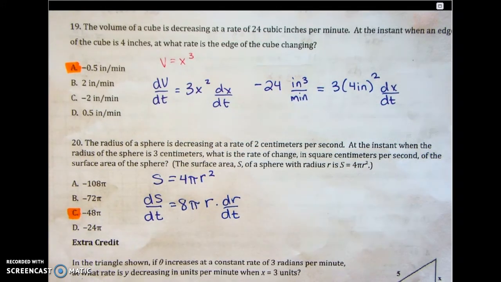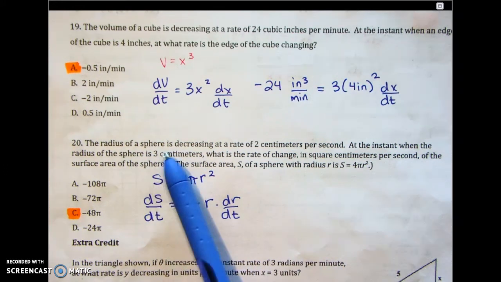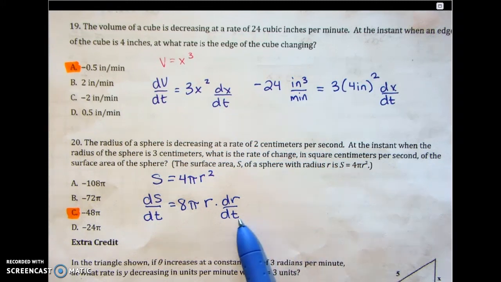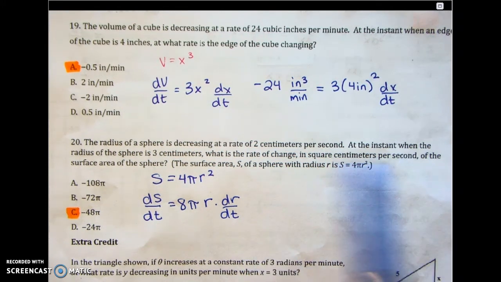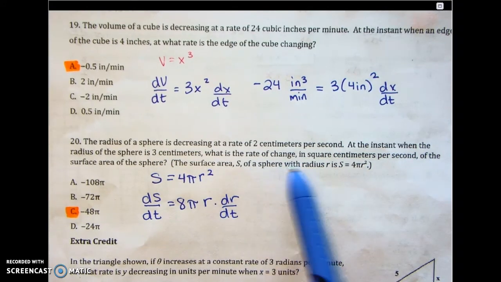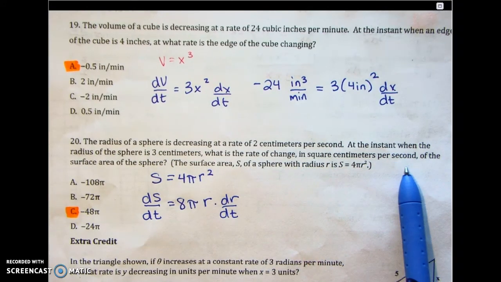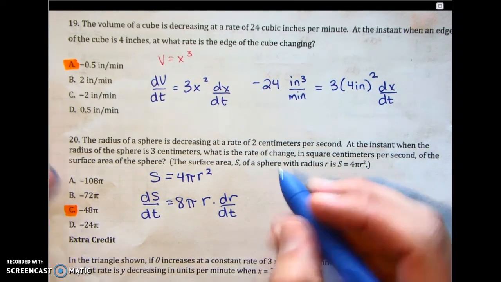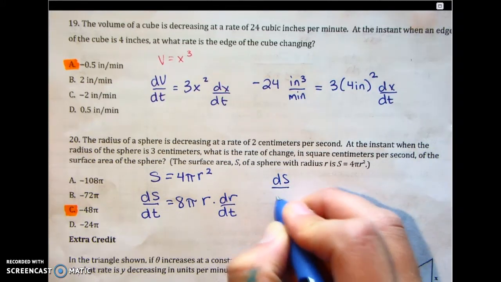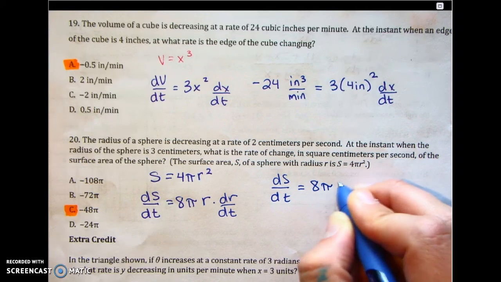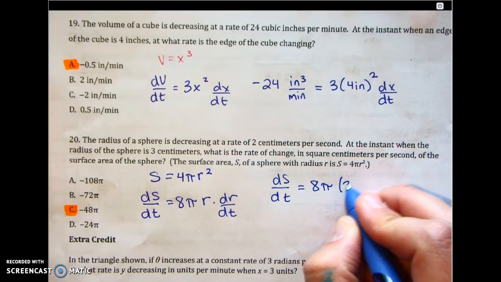Now let's see if we can fill this in or if we need to do more work. The radius of the sphere is decreasing at a rate of 2 centimeters per second. All right, that's dr/dt. The instant when the radius of the sphere is 3 centimeters, that's r. What is the rate of change in square centimeters per second of the surface area of the sphere? That's ds/dt. All right, so we're good. ds/dt will equal 8 pi r, where r was 3 centimeters,